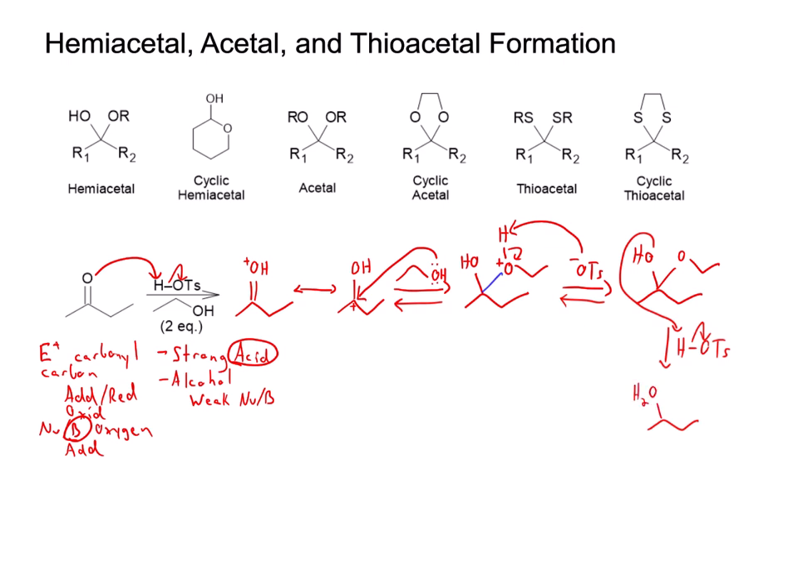a good leaving group. Now we have the positive formal charge on the oxygen. And it is going to leave, which leaves behind a resonance stabilized cation. And once we have this cation, we can bring in that second equivalent of alcohol that we had originally. So the lone pair on that alcohol will attack that positive charge on that carbon, and that's going to add on